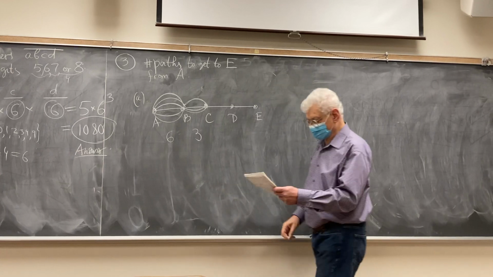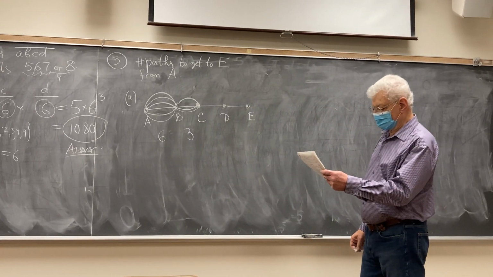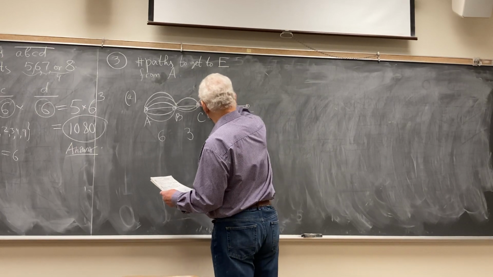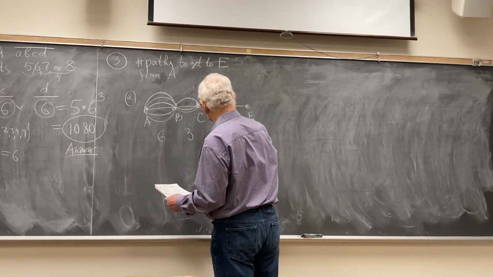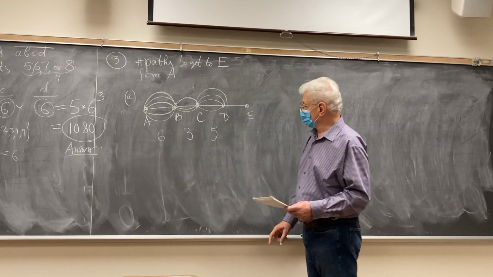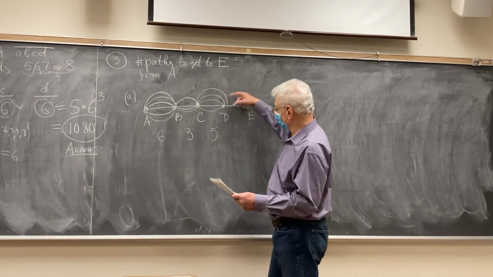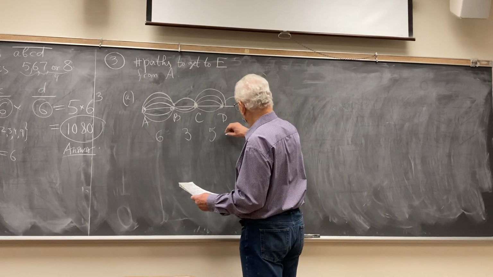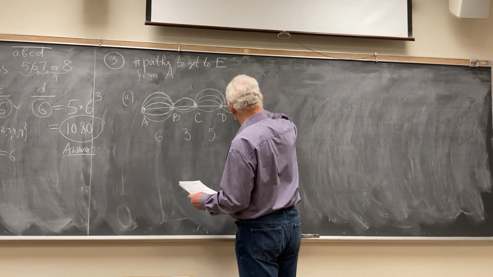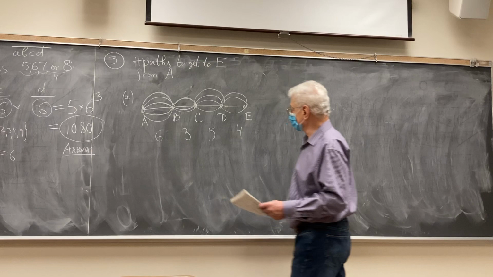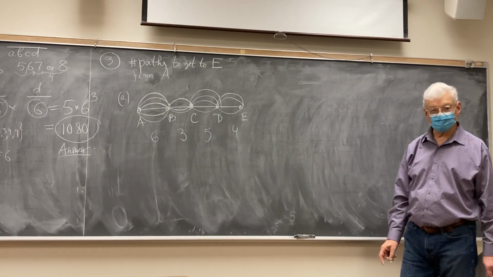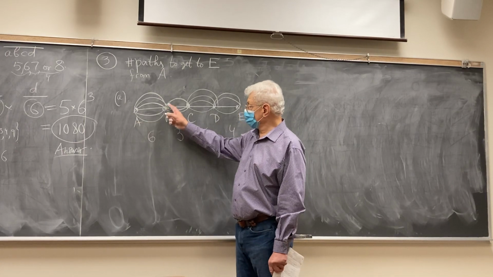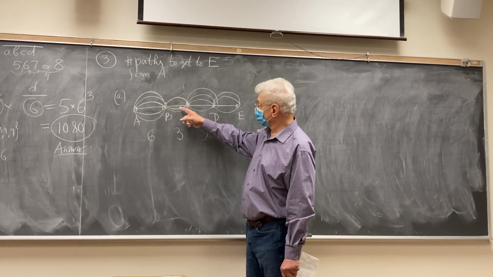Okay, so different ways. Now from C to D is 5 rows. 1, 2, 3, 4, 5. 5 rows. Now we have more possibilities. Okay, go this way. And finally, for D to E, 4 rows. 4 rows. Okay, so that's it. So you pick any road from A to B, any road from B to C, and so